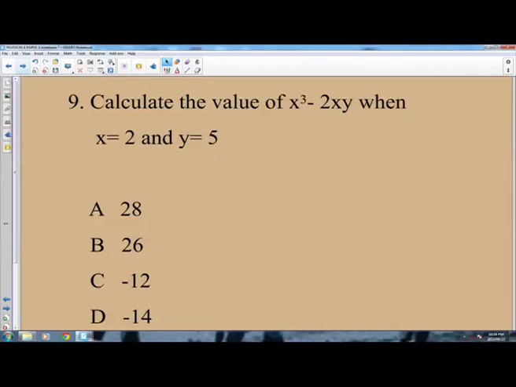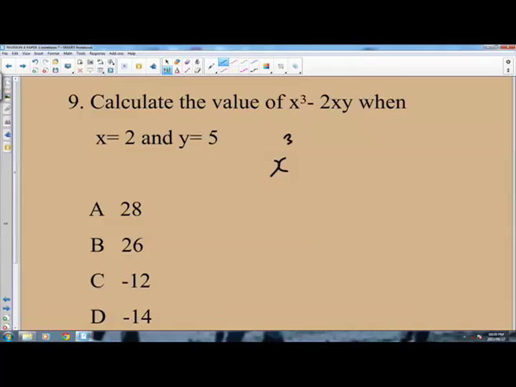We are working on mathematics paper 1, and this is a multiple choice paper. So remember, to indicate that you have answered the question, you are expected to circle the correct alternative. And we are at question number 9. The question says, calculate the value of x cubed minus 2xy when x equals 2 and y equals 5. So you are given the expression x